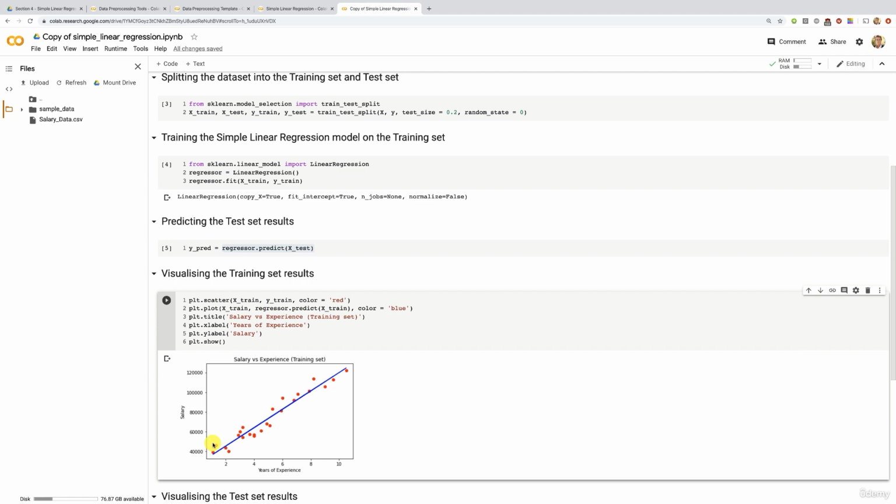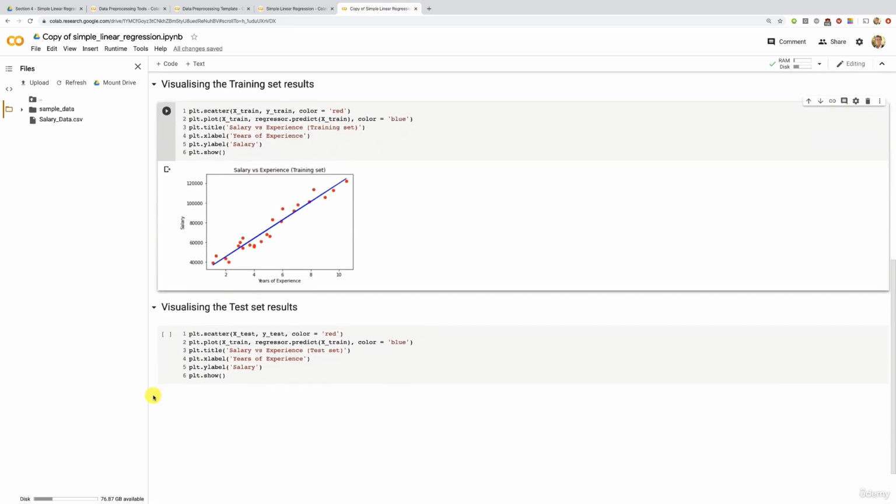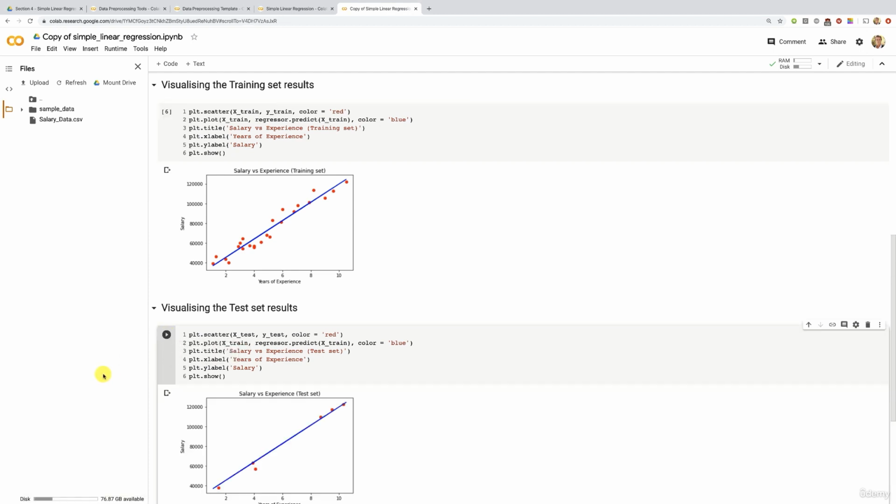Remember, that's important because our model was actually trained with these observations, with these years of experience and salaries. Now, what we would like to observe is if we have the same result, the same closeness of the regression line to the real salaries in the test set with which the model wasn't trained. We want to evaluate it on new observations. And that's exactly what this new graphic will tell us, because now we're about to plot, this time, the real salaries of the test set and the predicted salaries of the same test set. So there we go. Let's run the cell and let's see if we're still close to the real salaries